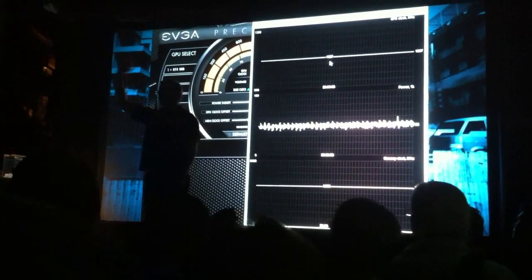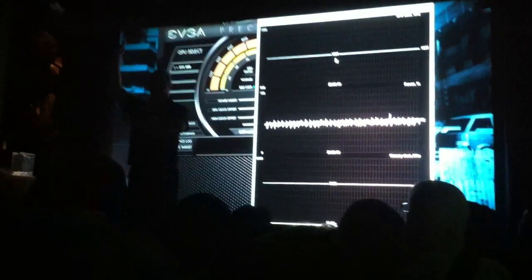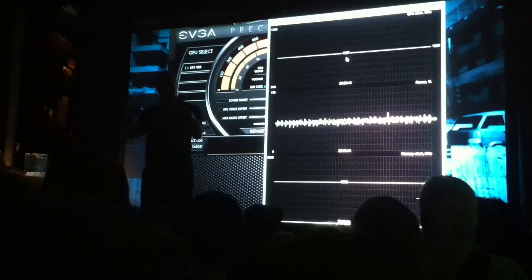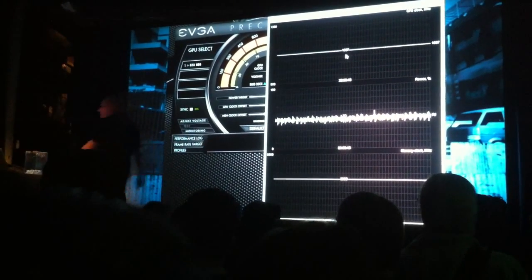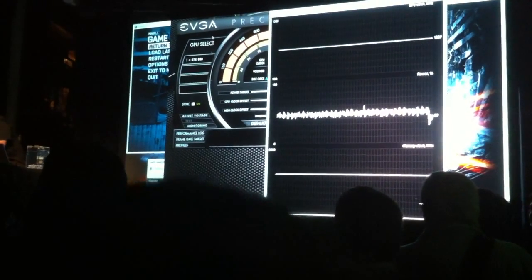Y'all get it? Yeah! All right. When power's low, we raise the clock. When power's high, we lower the clock. But we never go below the base clock unless we're getting to some throttle. Okay? Very clear. Now, what's also cool here, and let me come over to Precision and show you a little